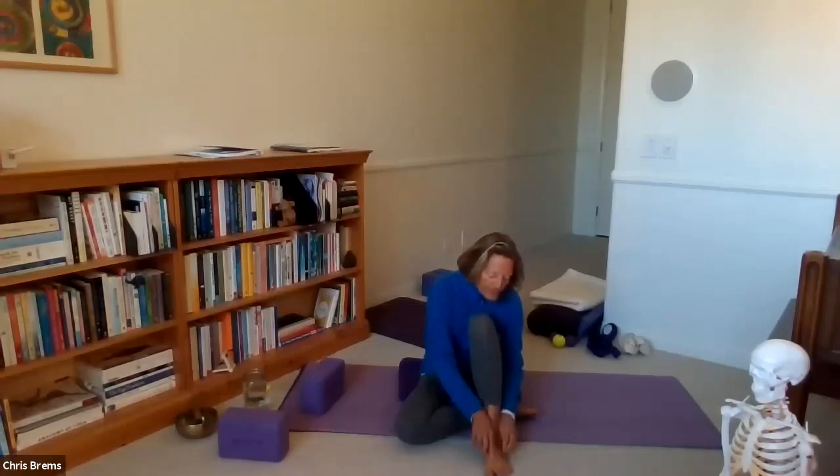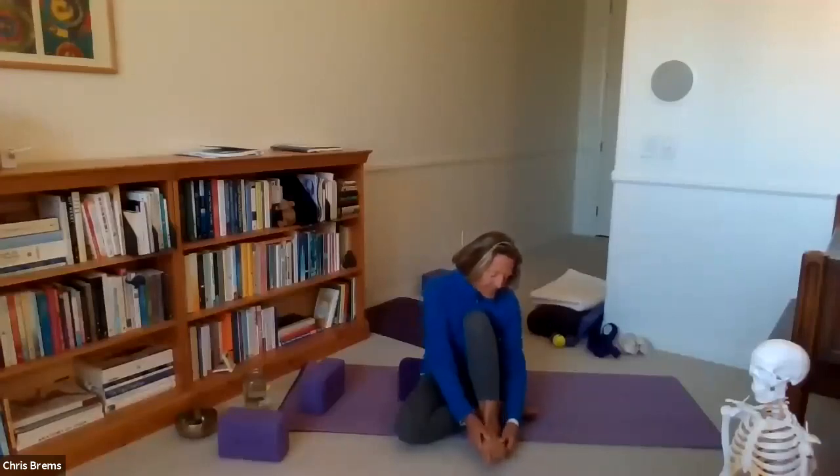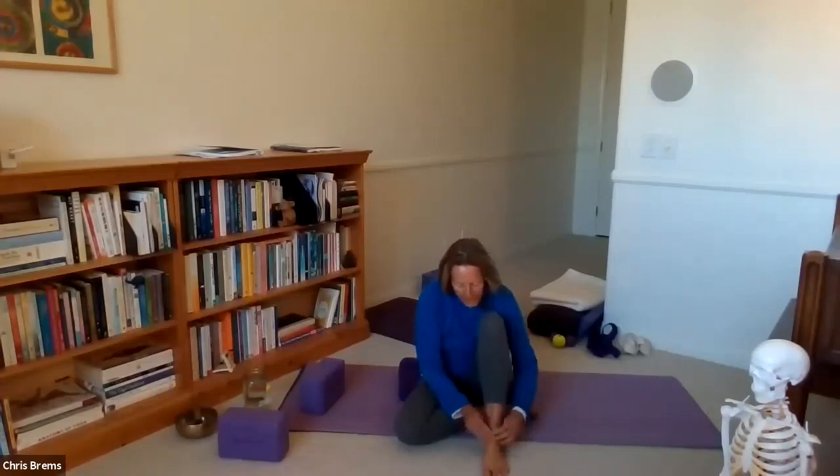You might notice that there are some divisions in between the metatarsals that are wider than others. And that's purposeful on the part of your construction in terms of creating balance in the foot. And then look at your foot as you're continuing to massage between the metatarsals. And just notice if you can also see the fourth arch in your foot here, which is your proximal transverse